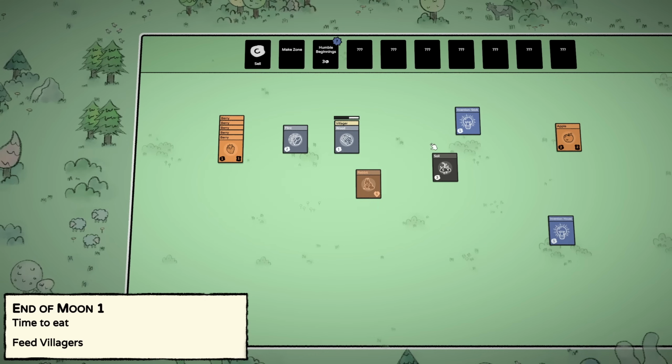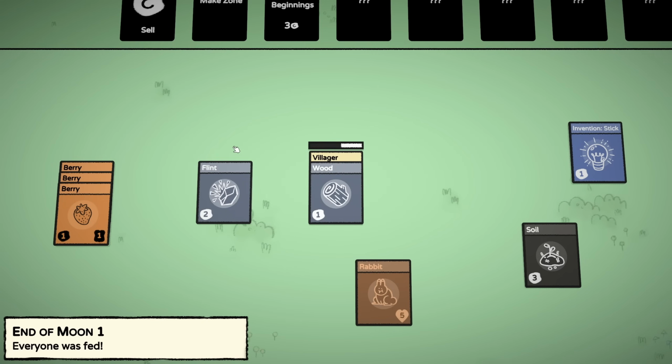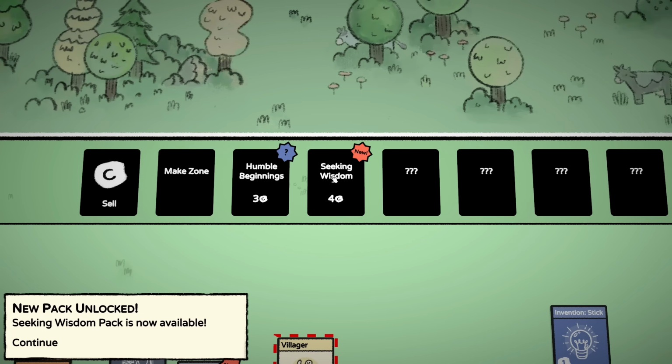It is the end of the first moon, which means we need to feed our villager with 2 berries right here, which is no problem at all. And then once everyone is fed, the new moon can begin. And will you look at that, by crafting the stick and completing another quest, we open up the Seeking Wisdom